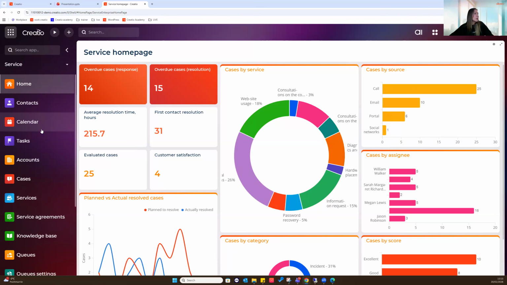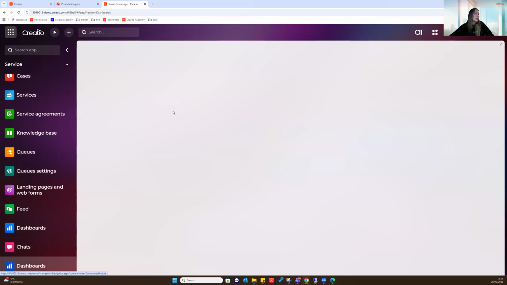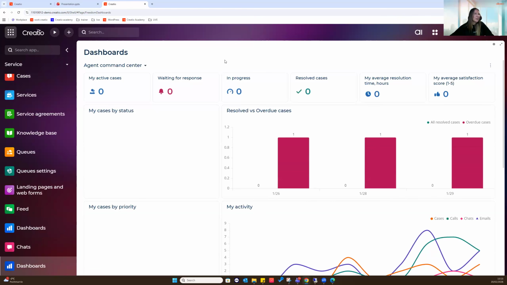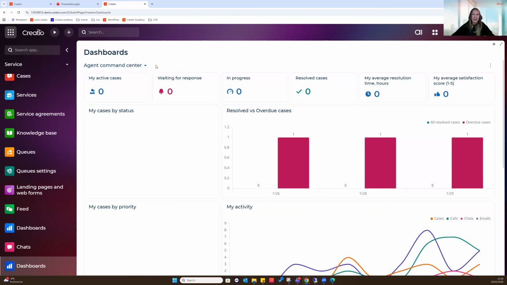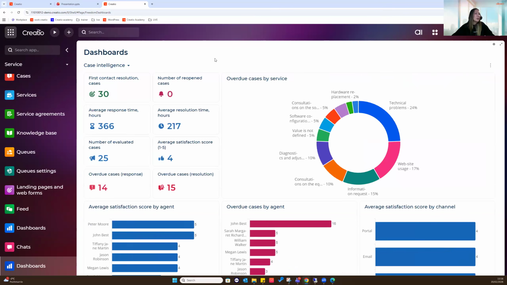What we also have, if I scroll down a little bit, is our dashboard section. Let's give it a moment to load. Which has been recently introduced. Within this section, I have several service-related dashboards configured in my environment. I can find them all here. As you can see, I have 3. So for example, I have my agent command center where I can see my active cases, cases by status, by priority, and my activities. If I go to the next one, I have my case intelligence dashboard, and